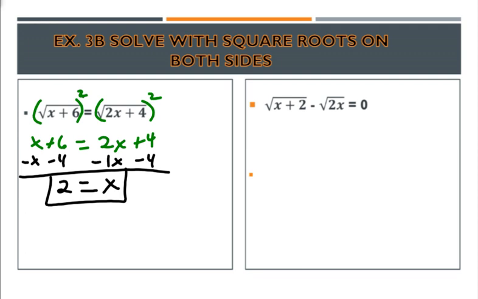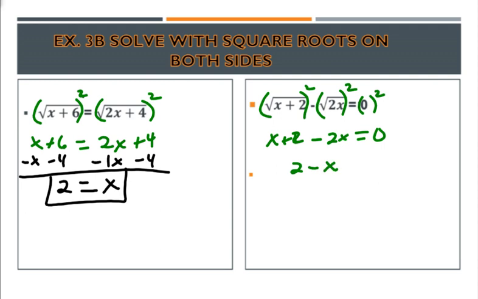Do one more. This side. Square both sides, not square both sides yet. We need to, although you could square both sides, and just to prove that we could do that, if I squared this and squared this, both of these radicals, this would still be 0. This would be 2x minus, and then this would be x plus 2. If I combine like terms here, I end up with 2 minus x equals 0. If I want to get x by itself, I'm just going to add x to both sides, and you have